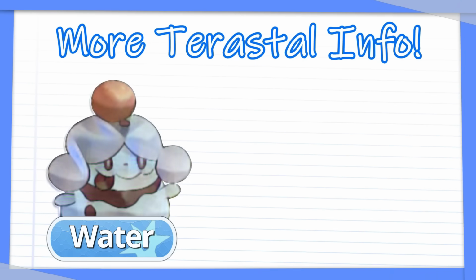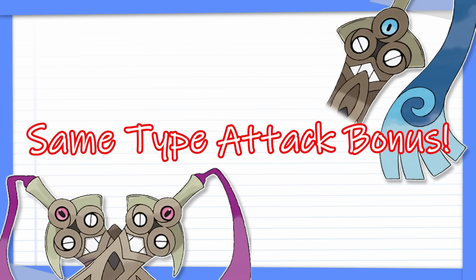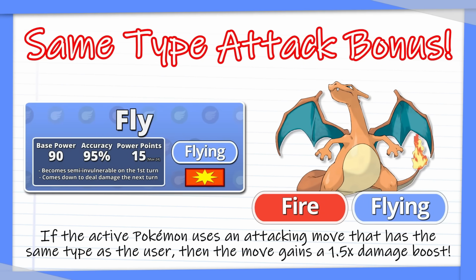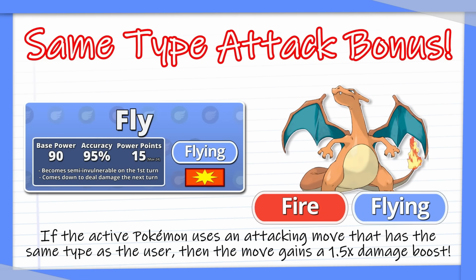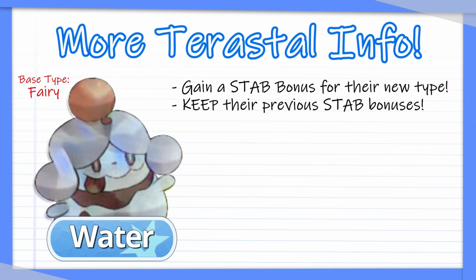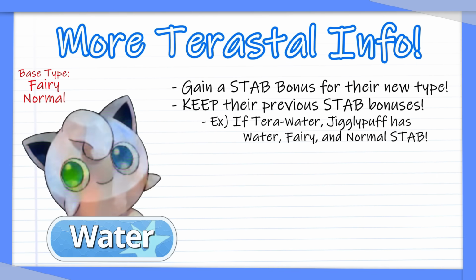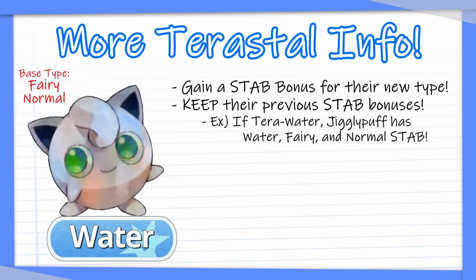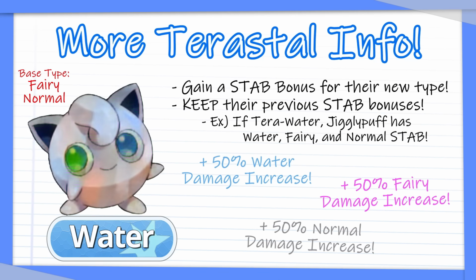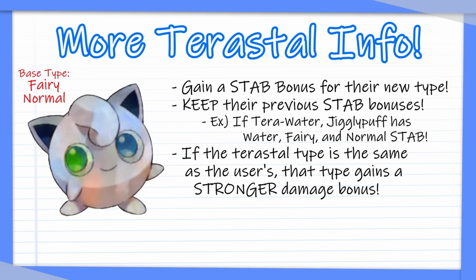Pokemon that have terastalized keep their original STAB bonuses. STAB is short for same type attack bonus, and it's a mechanic that lets Pokemon do 50% more damage when they use a move that matches one of their types. Tera Pokemon both keep their original STAB bonuses and get a new STAB bonus of their Tera type. So, for example, a Jigglypuff that's terastalized into the water type would deal 50% more damage with fairy, normal, and